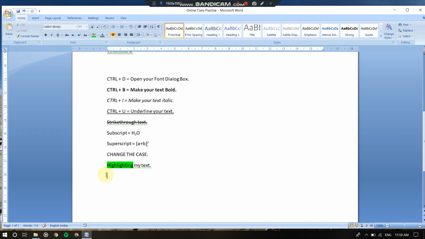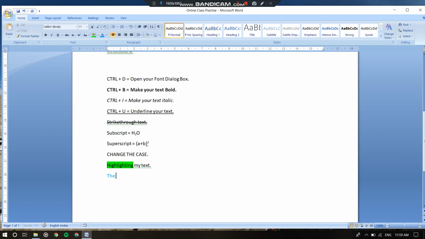Okay, next is to apply the font color, this one. Okay, suppose for example, say you have a bunch of color pencils that contains different shades of pencils, right? So it's the same as that in the Word. If you want to make your default text color black into a different one, you want to choose a different color, you just have to select this and